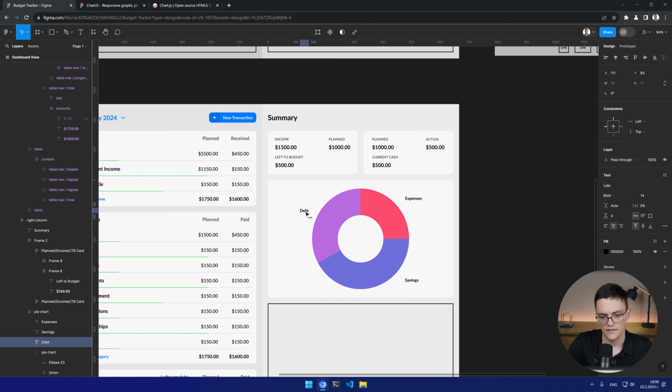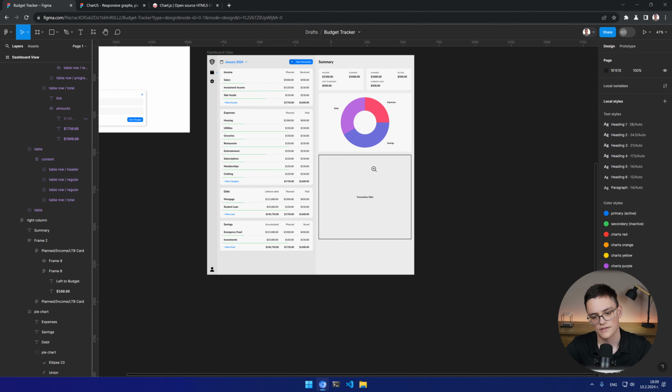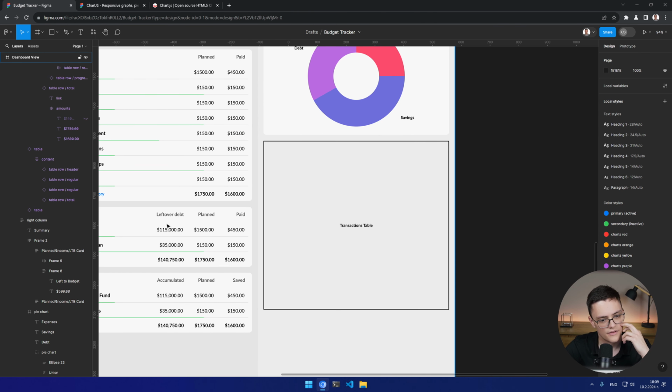Again, the spacing is incorrect. The labels are not correct as well. We'll have different labels, but there will be additional content to the sites, which I want to illustrate. This whole section will be done when I develop the app and when I experiment with Chart.js and what is the optimal reporting in the code. The point here is to design, see the color scheme and the colors. That's important, and that is already done. So I'm moving on to the transactions table. The transactions table,